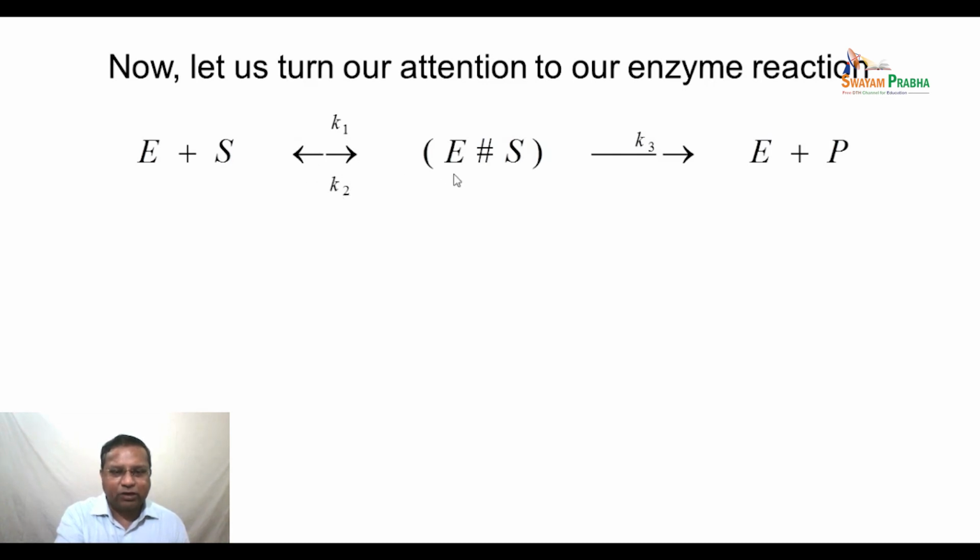This is a reversible reaction to form an enzyme substrate complex, and this reaction is fast, and it's also an equilibrium reaction. The K1 is rather high, the equilibrium reaction, and then this enzyme substrate complex reacts further, converts further to enzyme and product. This is through the rate constant here, K3. This is the overall mechanism of simple enzyme mediated reaction. If this is the case,